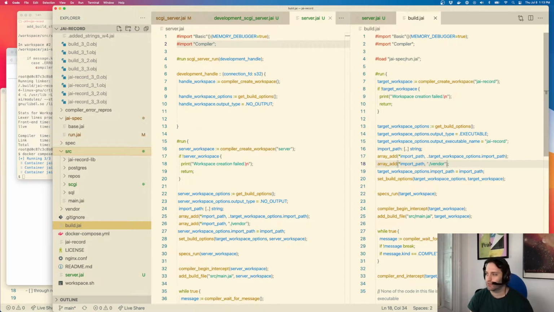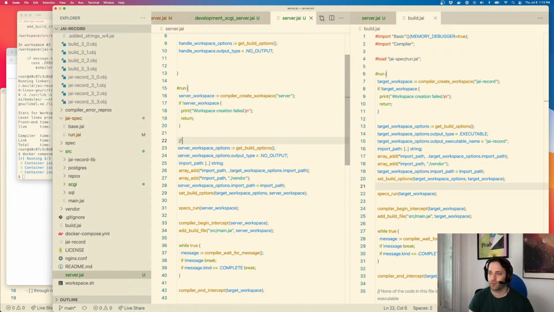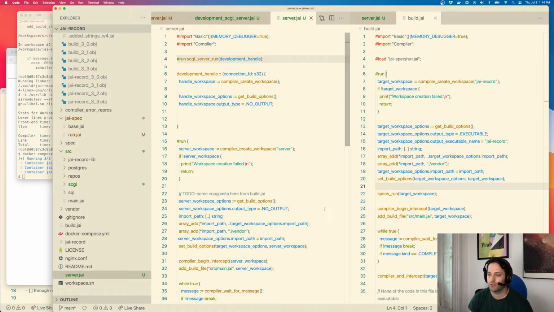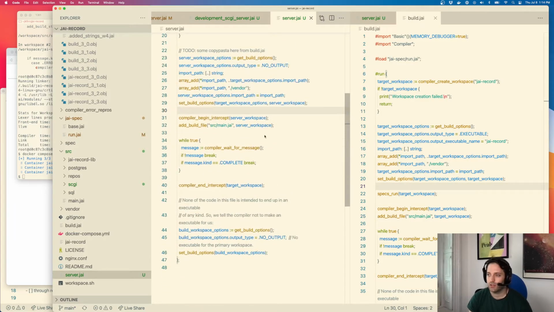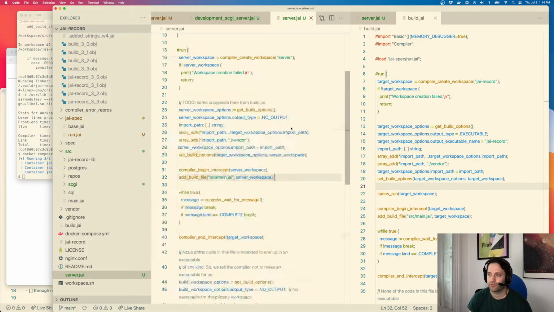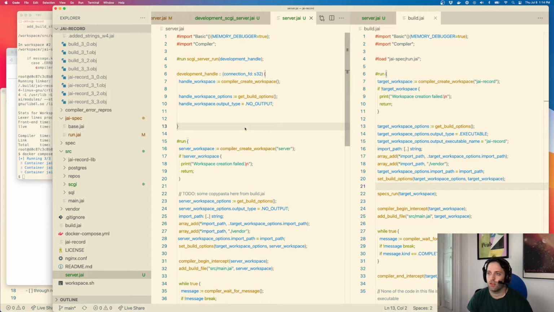It could be cool to share some code. I'm going to copy pasta for now. But I'm going to try to just get something on screen before I think about sharing code better. Is this the wrong indentation? Yeah, that's weird. Okay. We want that. And no specs run. We don't even have that here. Okay. Add source main.j. Alright. And then we need to